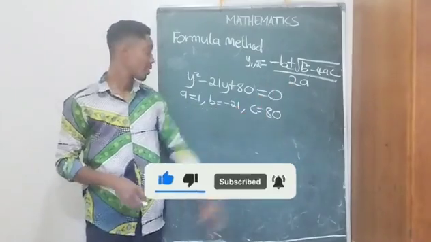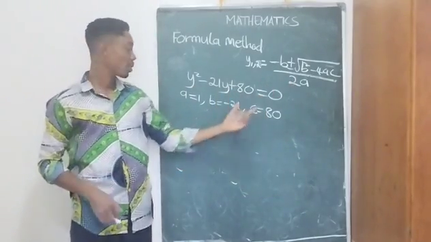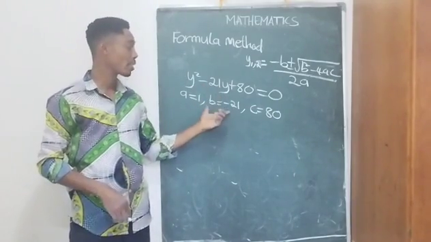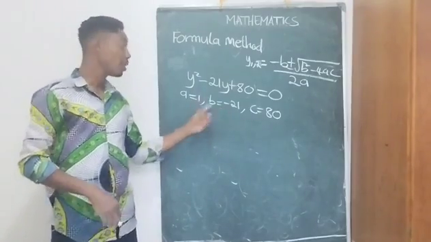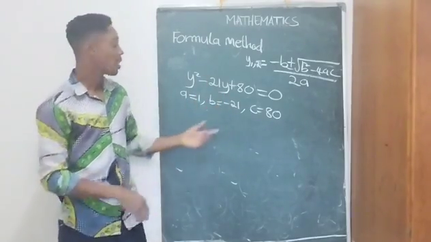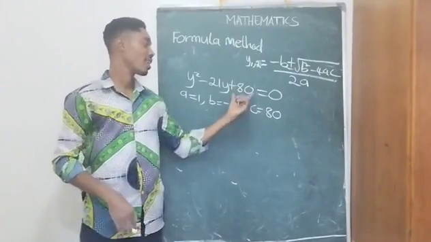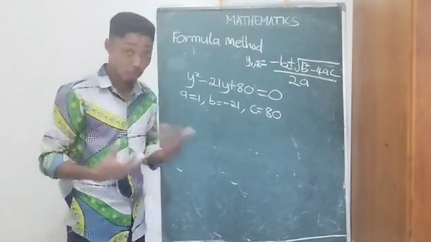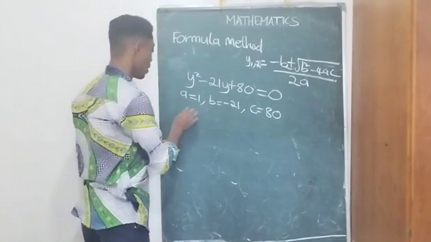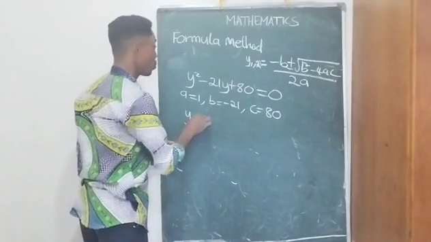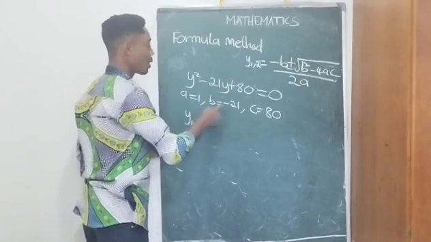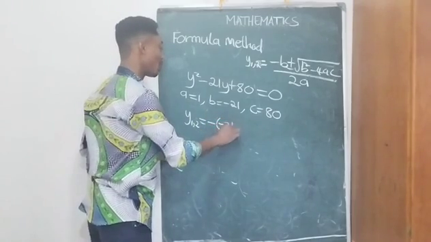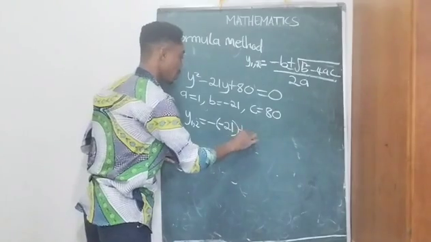Remember this? For this quadratic equation, the value of a is 1, that's the coefficient of y squared. The value of b is minus 21, that's the coefficient of y. And the value of c is 80, that's the constant. So substituting these values into the formula, we have y1, 2 would give you minus b. So if b is minus 21, it's going to be minus into minus 21 plus or minus